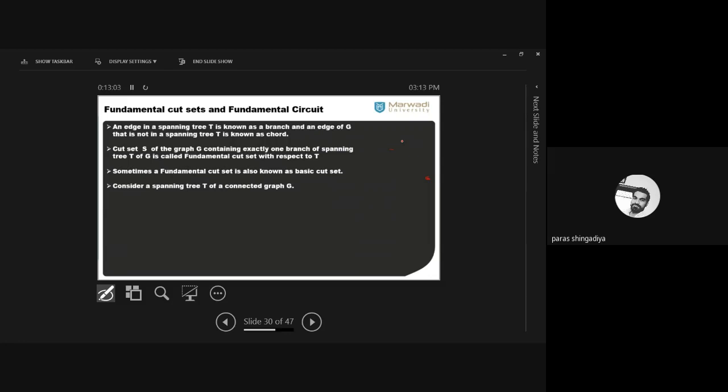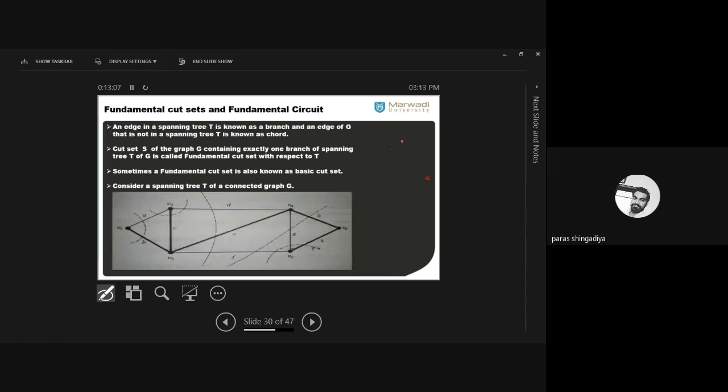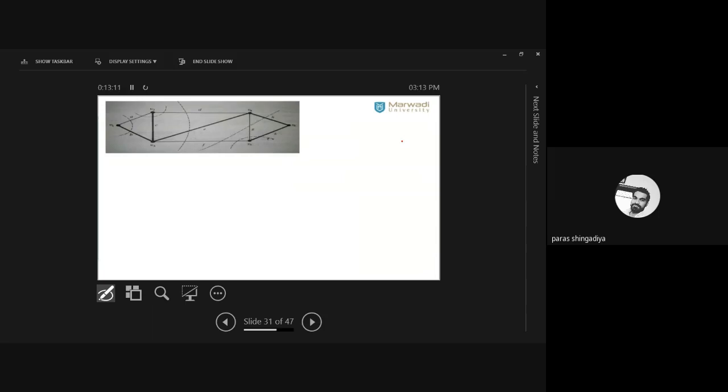So let us consider one graph here, and then we can check lots of examples on this graph. This graph is given. How many vertices does this graph have? 6 vertices. Clear? So what is the first step to derive the fundamental cut set answer? We create a spanning tree of this graph. What is the first step to derive the fundamental cut set?